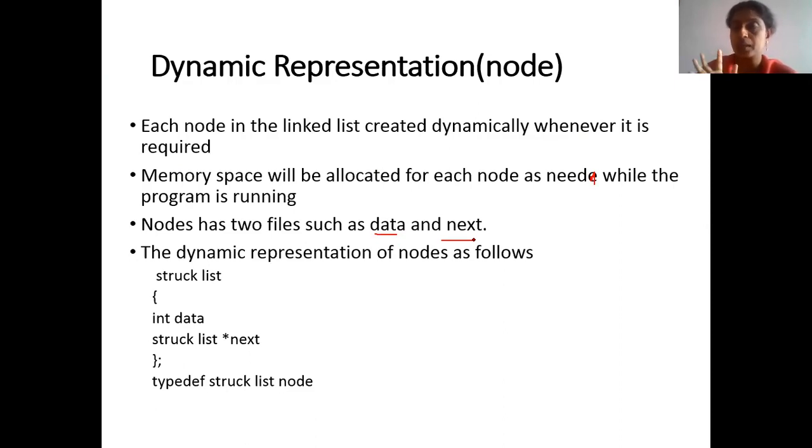No, it's not head part. A node has two types of parts: one is the data part, another is the next part. Head means the first node's address will be stored in the head. A node will contain two items only: one is data, another is next. Next is the next address, the address of the next node. Clear? So once again I repeat, a node is of two parts, and one is used to store data.